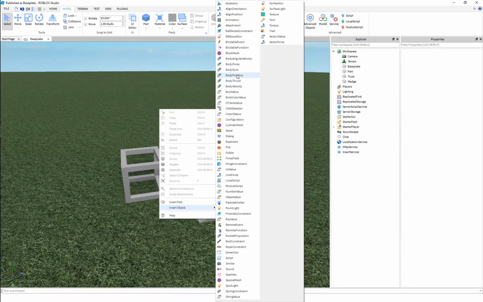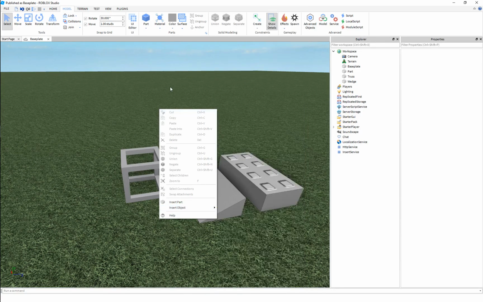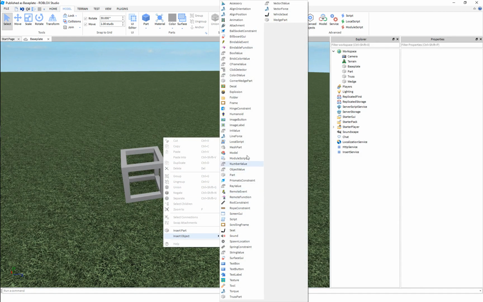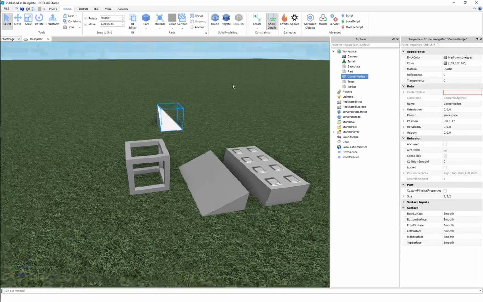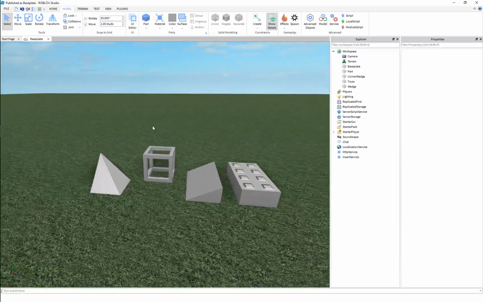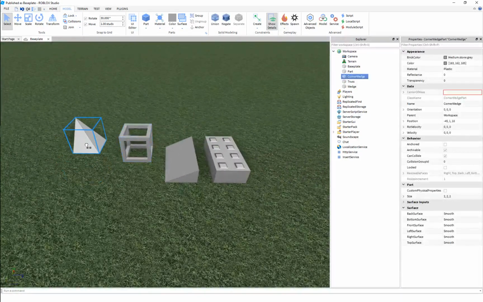Where'd it go? There's one more part that is a corner wedge. Right here. There we go. So these are all the basic parts that you'll ever work with, and I'll just leave these here for this